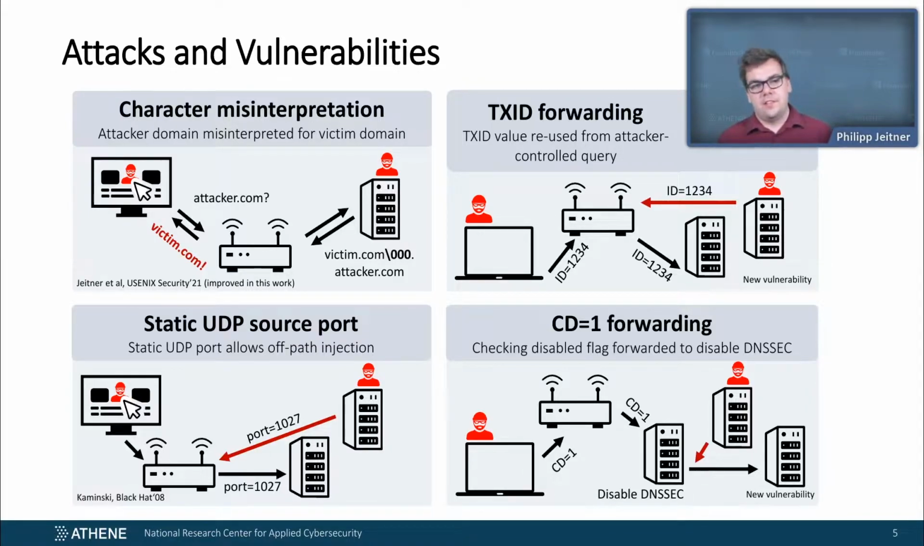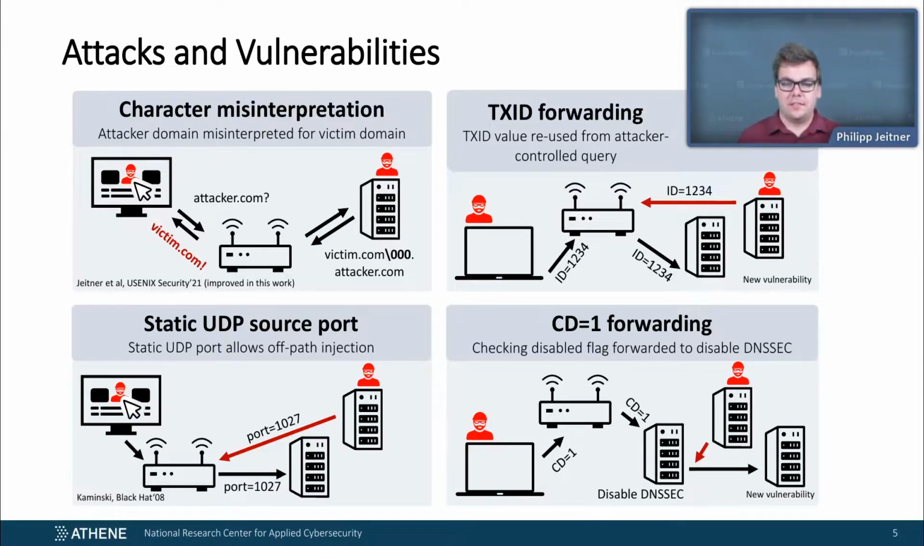The third attack is static UDP source port, which is probably the oldest known way of doing DNS cache poisoning practically, where the router just uses a static UDP source port. And so the only thing which prevents off-path injection is the transaction ID, which doesn't provide enough entropy to actually